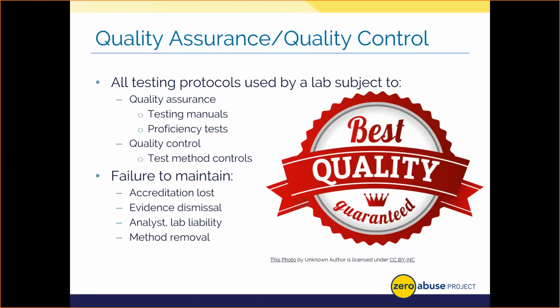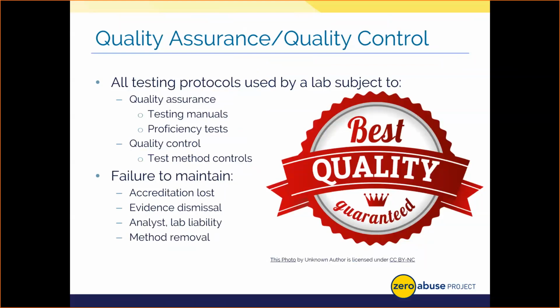Quality control then is product driven, in this case, test result driven. And it focuses on identifying issues with the given sample or batch of samples being tested. So quality control really monitors and confirms the precision and accuracy of our results. Some examples of good quality control: testing with positive and negative samples or controls, right? So samples that we know will turn because it's blood, or shouldn't turn because there's no blood present on that negative control.